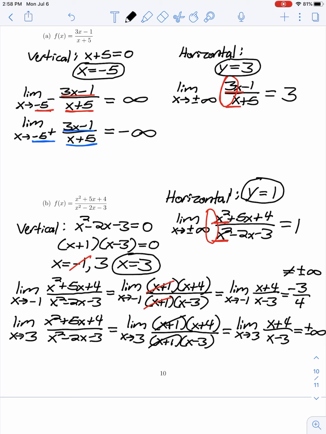If it's the same highest power on top and bottom, your limit is the ratio of those coefficients for the highest powers. If the highest power is in the denominator, your infinite limit approaches 0. And if the highest power is in the numerator, you have a positive or negative infinite limit depending on what the sign of your numerator and